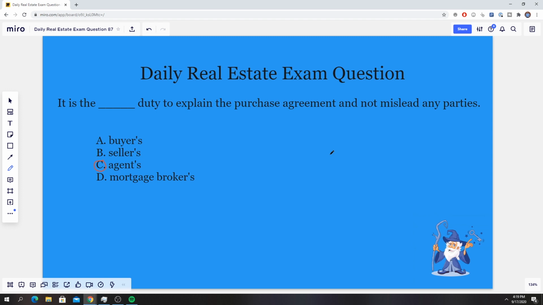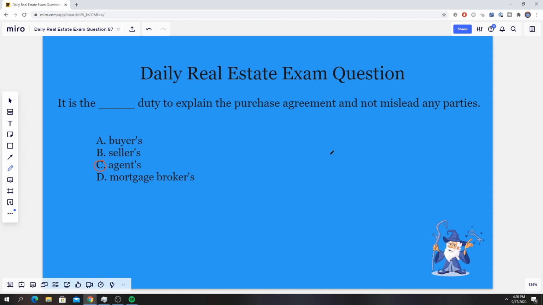Now, I know some people might get this confused and they might think it may be the mortgage broker or maybe the buyer or the seller. And again, I've seen this one mixed up a few times, but to the people that would answer that, I would say that the reason it's not those things is because it's strictly the agent's job to do that. Now, of course, a mortgage broker would have some experience dealing with contracts and stuff like that. And I'm sure if one client or a buyer seller did ask their mortgage company and a broker or their mortgage representative a question about it, I'm sure that they could explain to them what a purchase agreement would be. So that could potentially be it.